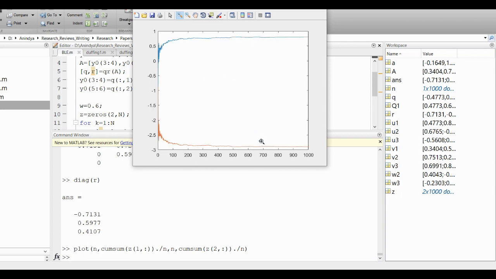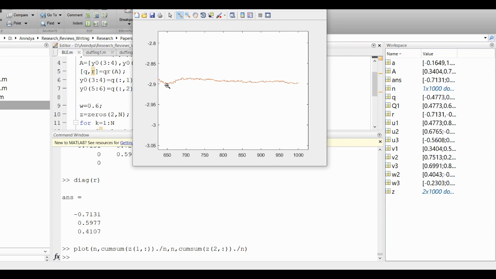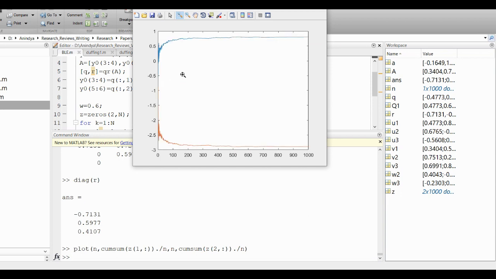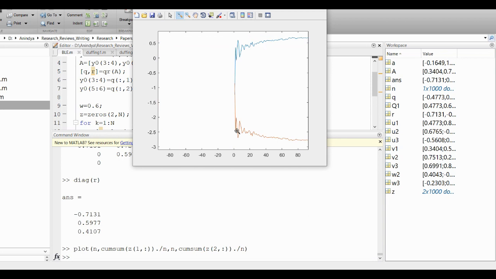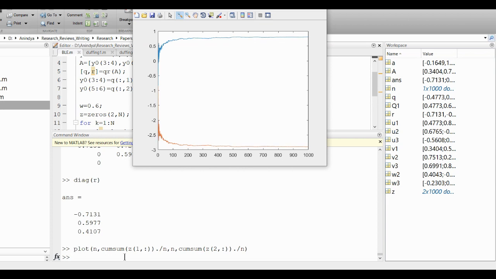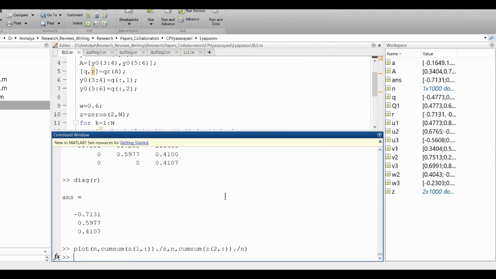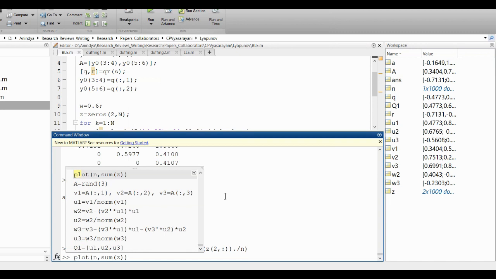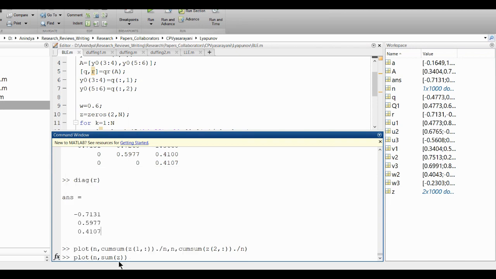And here is the other one which is settling to a large negative value, something like minus 2.9. What is even more interesting is that these two pictures seem to be quite anti-symmetric about some mean. So that is a special feature of this system which I will now show you. So what I will do is I will do my other plot command, which is the sum of Z. Sum is done column wise. So basically what I am getting is the sum of the two diagonal elements of R for each